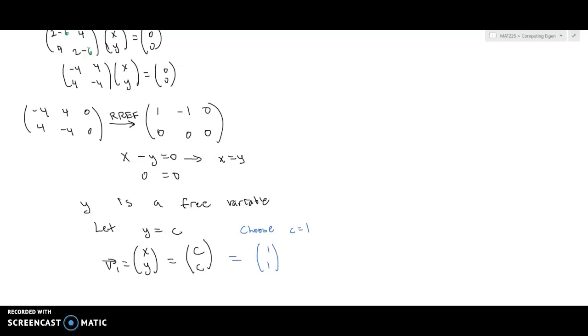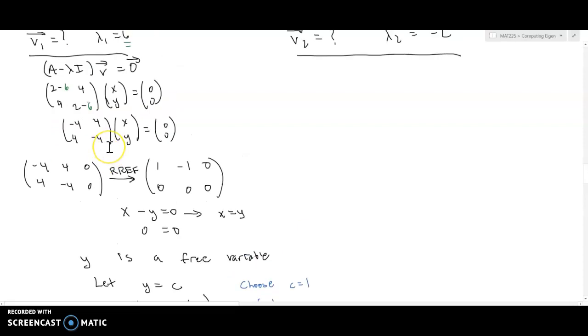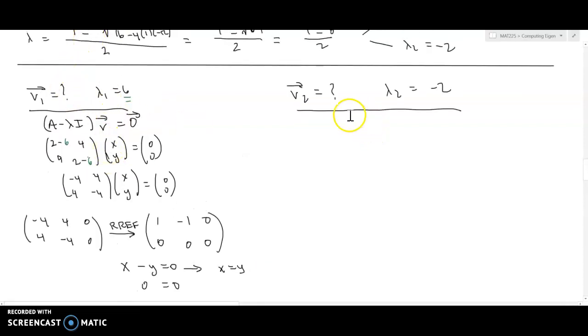In the previous video, we found our eigenvector for our first eigenvalue, lambda equals 6. We now are prepared to do the same thing for lambda 2, and it's the same process. We just have to do it for a different lambda value. In this case, we're going to have, again, our eigenequation, A minus lambda I times v equals 0. I suppose we could have put lambda 1 and v1 over here, and this is for lambda 2 and v2. So our lambda 2 is negative 2, and again, A minus lambda I is